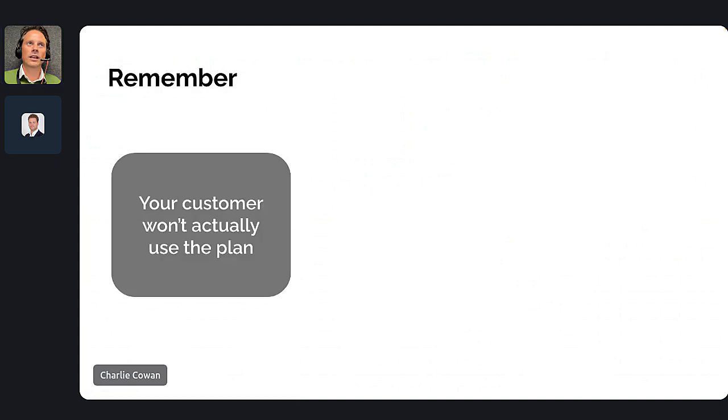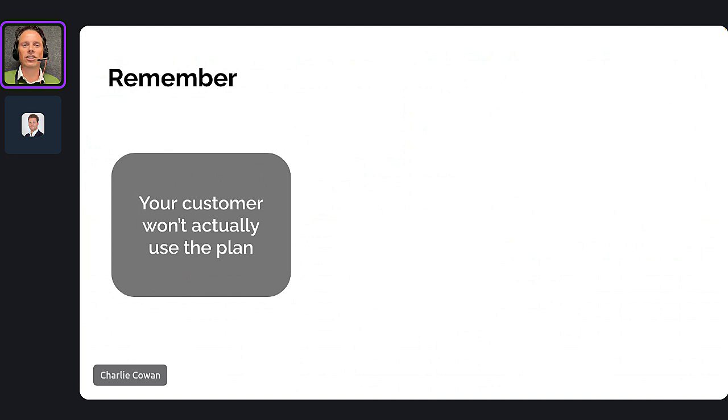A couple of things to remember. Whilst this is about value to your customer, they're not actually going to use the plan. They're not going to interact with it and update things. I've seen there's a number of tools on the market where you can give your customer access to it. Even through Trello or Smartsheet, you could share it with them, or you could give them access to a Google Sheet.